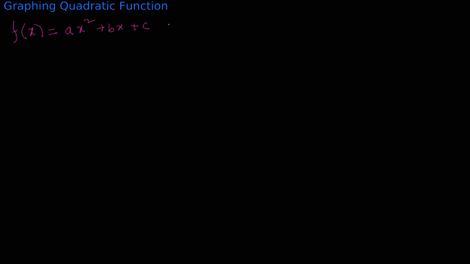As usual, like before, I'm going to divide my screen into two halves, and I'm going to solve a problem on the right hand side simultaneously while I'm writing the steps. So we are going to try to sketch